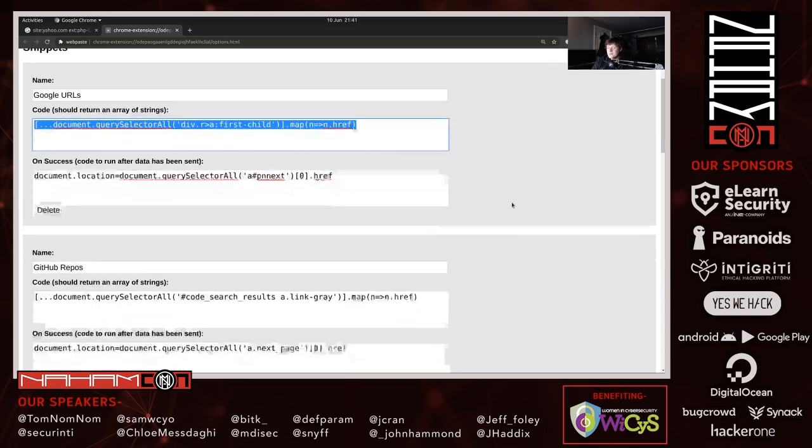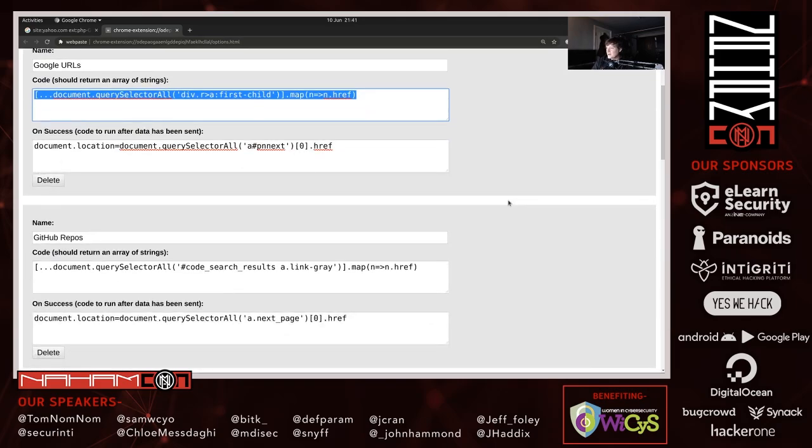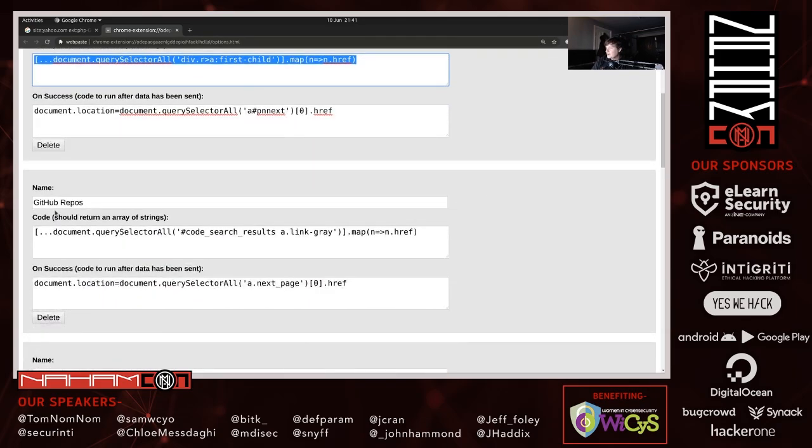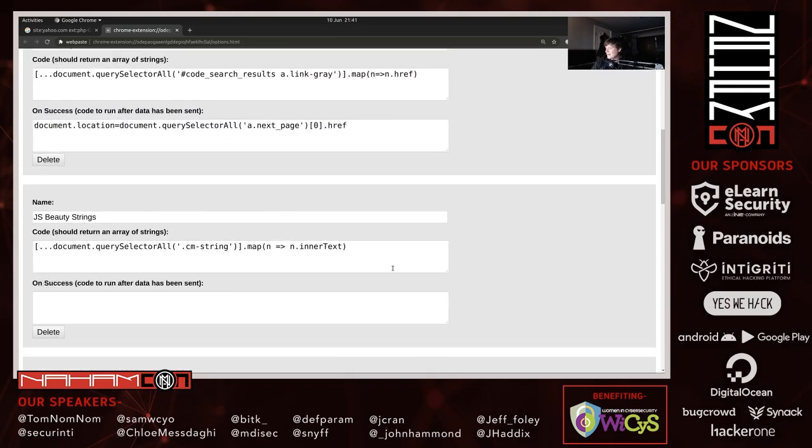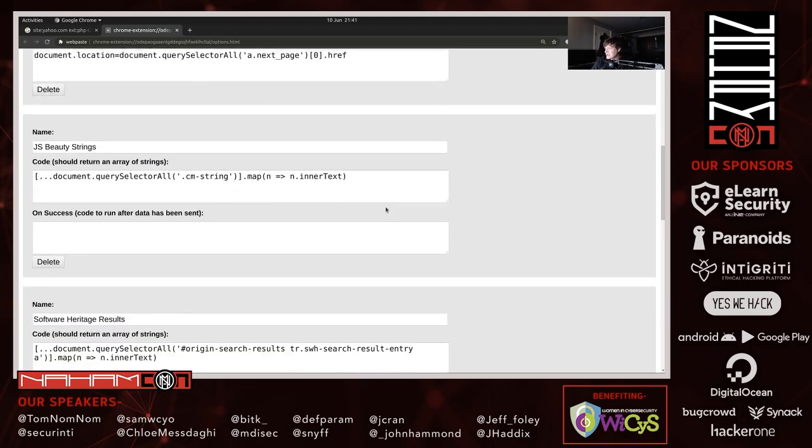I have a few of these set up for doing different kinds of dorks. So one to extract the GitHub repo URLs from lists of GitHub search results. One to pull out strings from the beautified JS source code from the JS beautifier extension that I use.